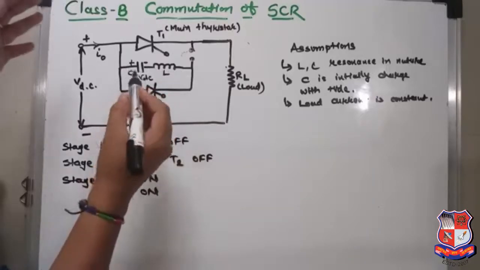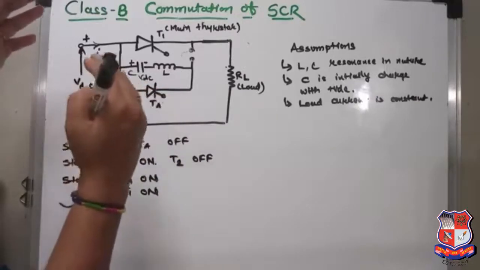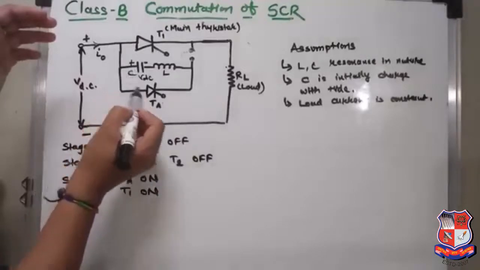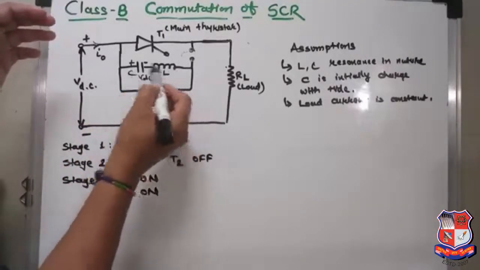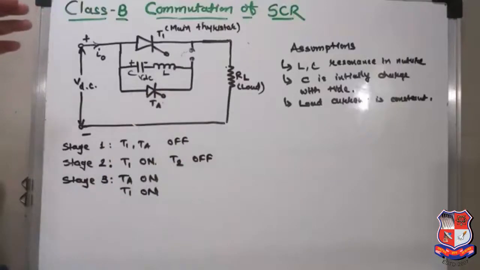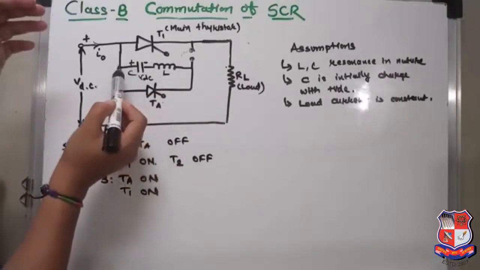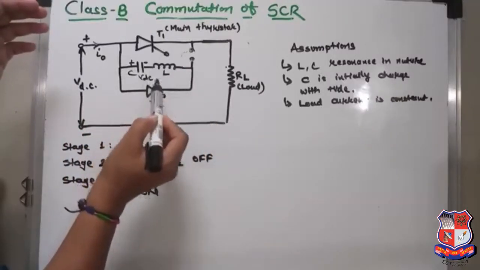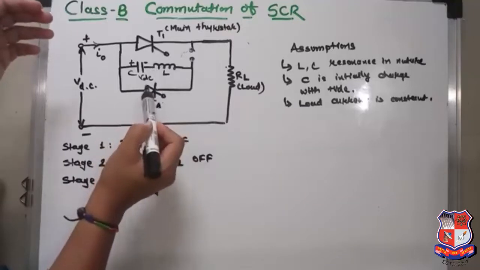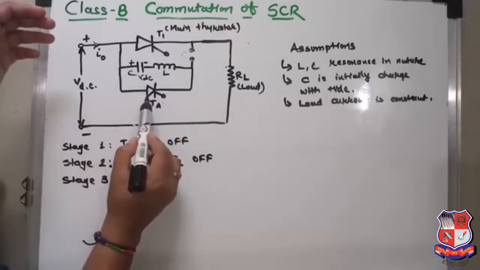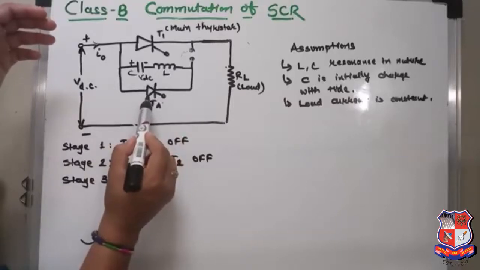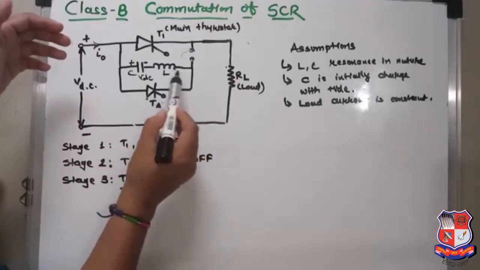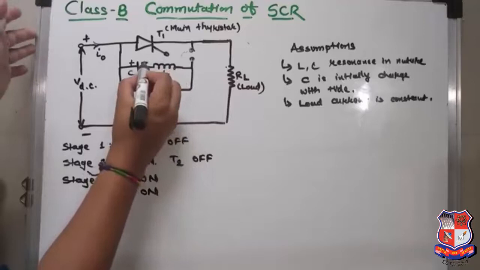When the capacitor is discharging and the current attains the zero value, the capacitor is discharging through this loop. The discharging current flows from positive through the auxiliary thyristor and through the inductor. When the capacitor discharge current attains zero, the anode current of the auxiliary thyristor is 0, below the holding current, and TA turns off, and the capacitor is charged in the opposite direction,